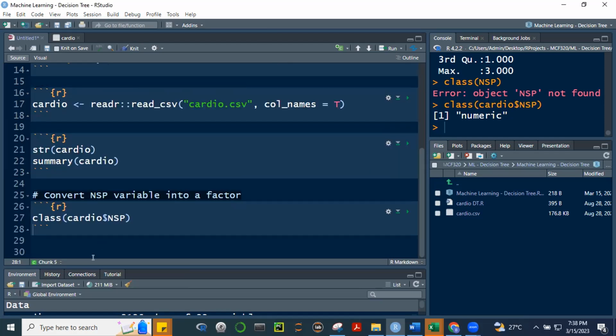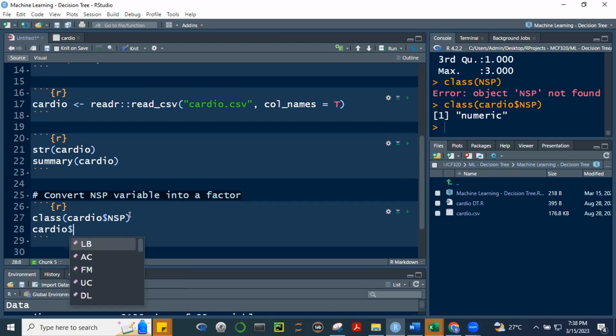So, in R, it's very easy to convert that into a factor. Sige, lagyan natin. To convert, so that's cardio dollar. Now, what you can do is pwede nating palitan tong NSP. Gagawin nating factor yan. Or we can create another variable. So let's just create another variable. Let's create NSP as a factor. So I'm going to create a new column in cardio.